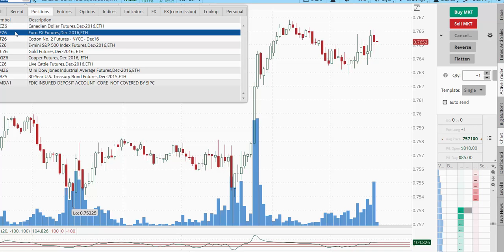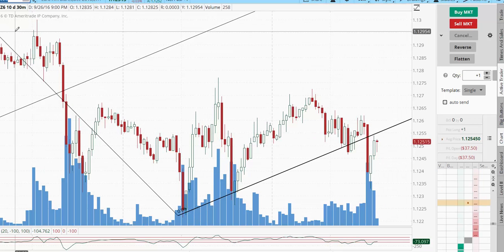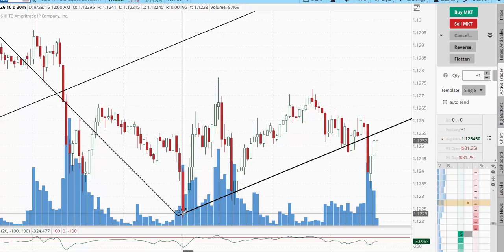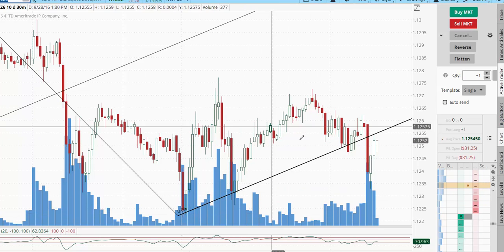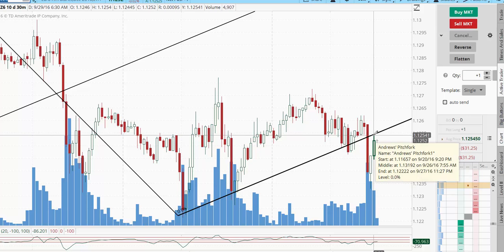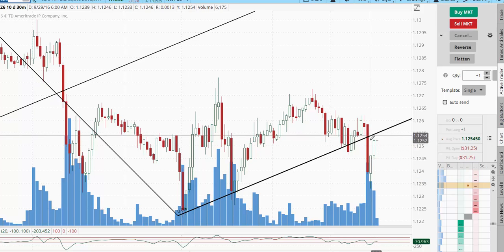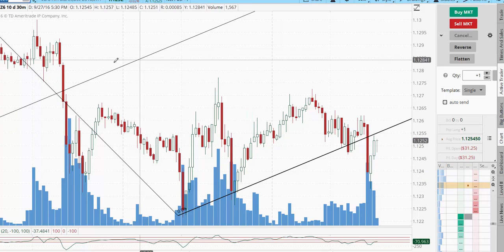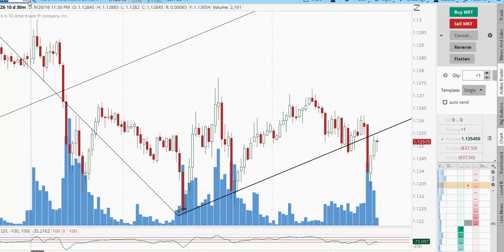Let's see what else we have here. Euro. There's the euro. Here on a daily chart, if you draw your ML and your MLH, here's the MLH, and it's just kind of sitting right around it. It's dipped a little bit below it. Probably knocked out a few stops. I'm still sitting on a long position, as you can see. See here it says +1 over here.